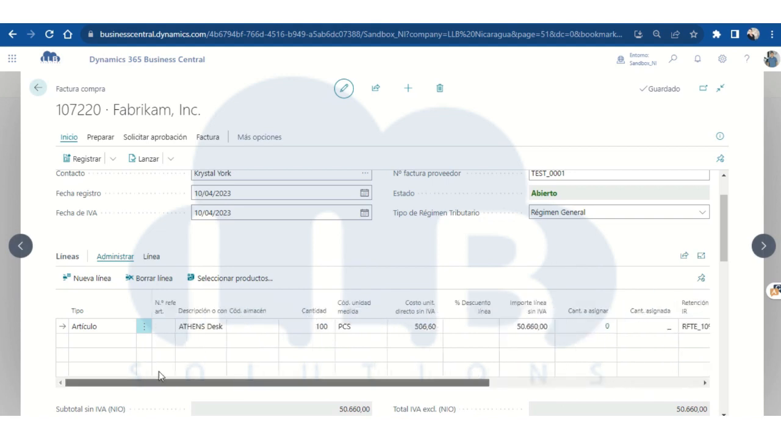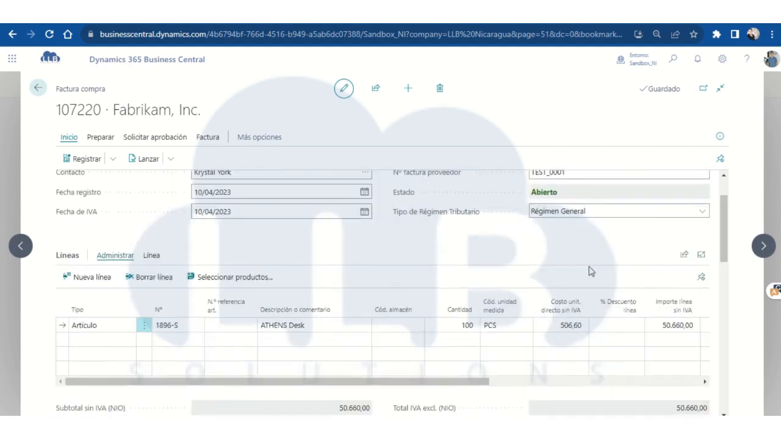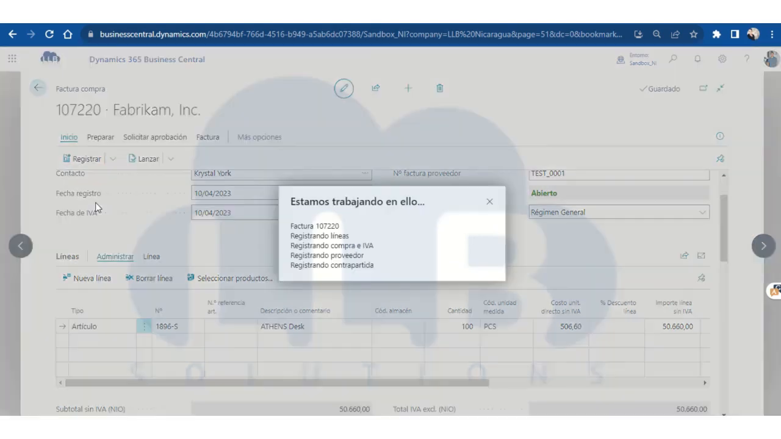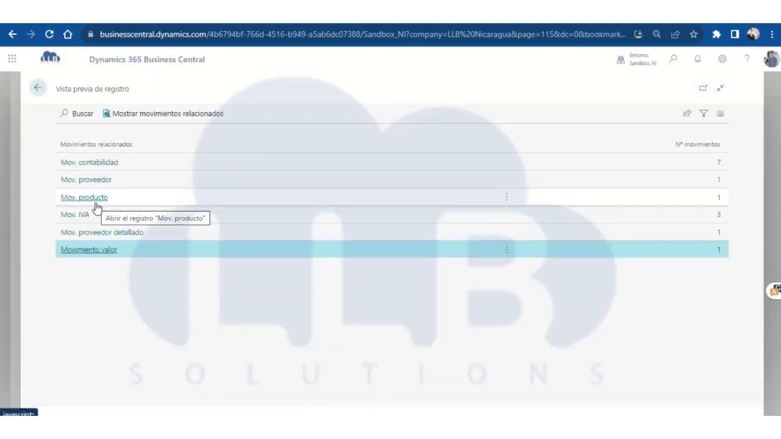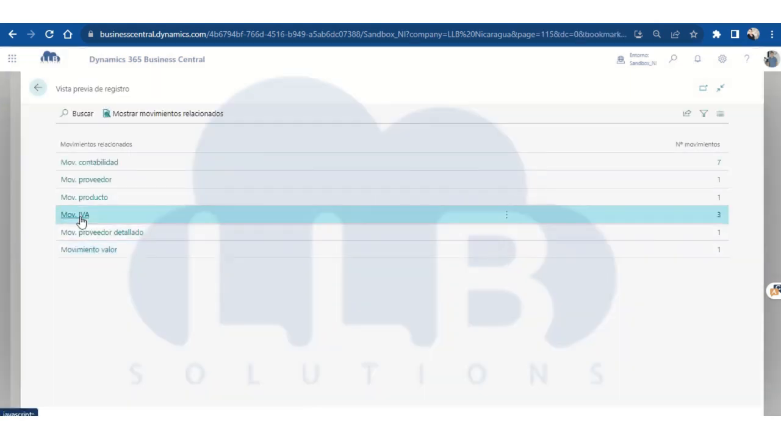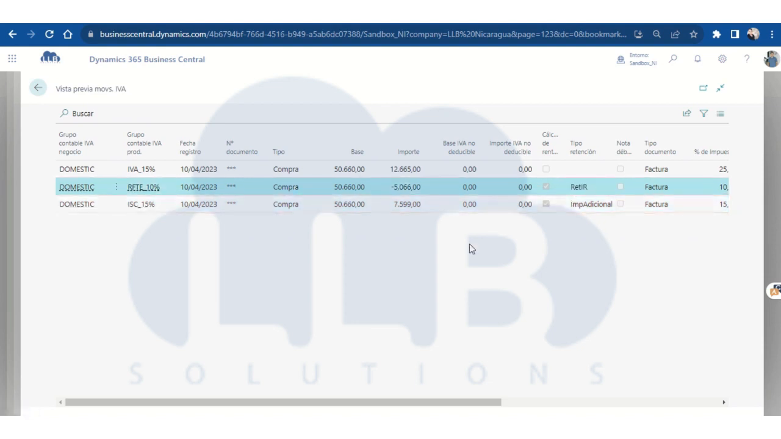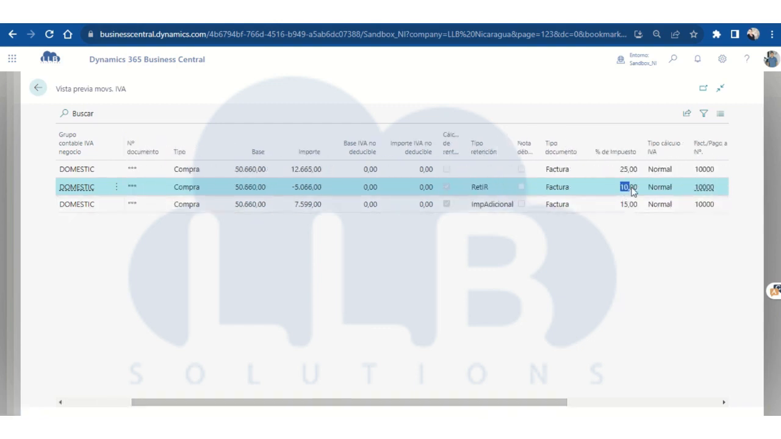Okay? Once we have verified that all the information is correct, we indicate a preview, and let's see the calculation that the system makes based on this withholding. In VAT movements, we will be able to visualize the IR withholding, in this case of 10%, as we can see it here, with its base and its respective amount. And in the same way, we will be able to visualize the additional tax, the ISC,